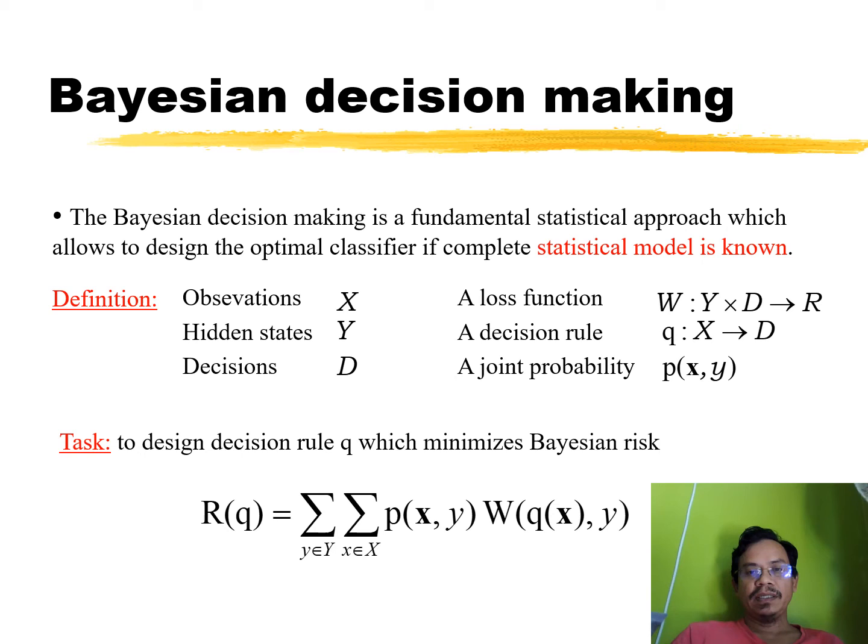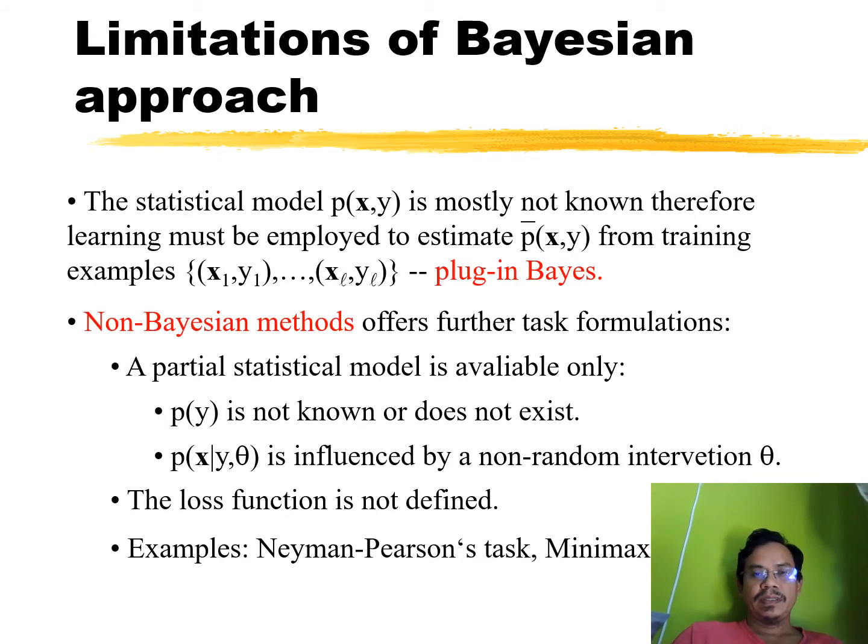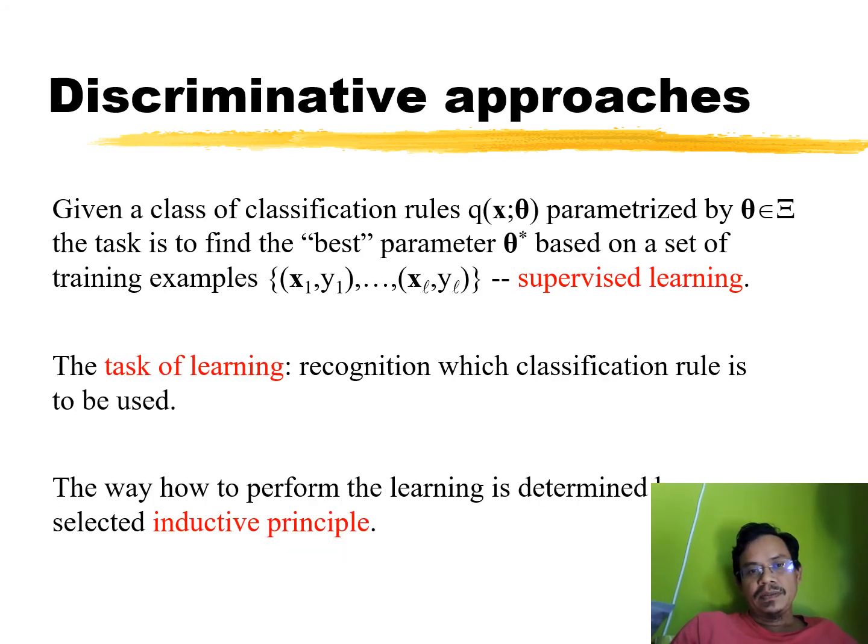Bayesian decision making is a fundamental statistical approach which allows us to design the optimal classifier if the complete statistical model is known. So we can use Bayesian decision making. I will just go through this very fast